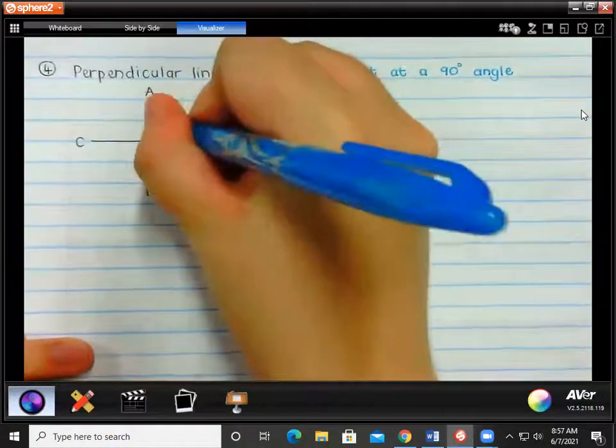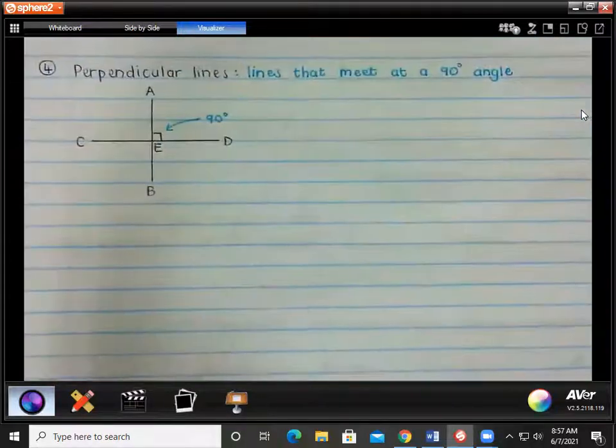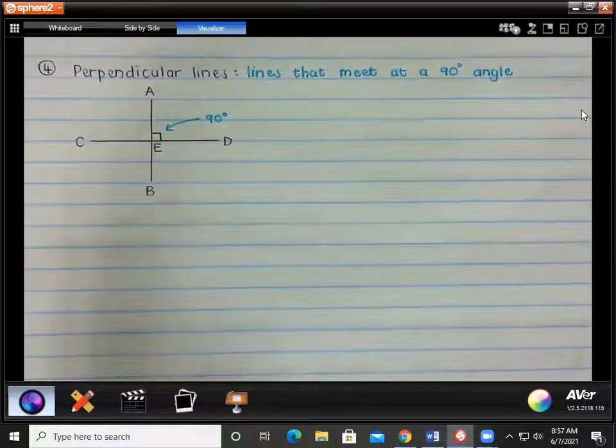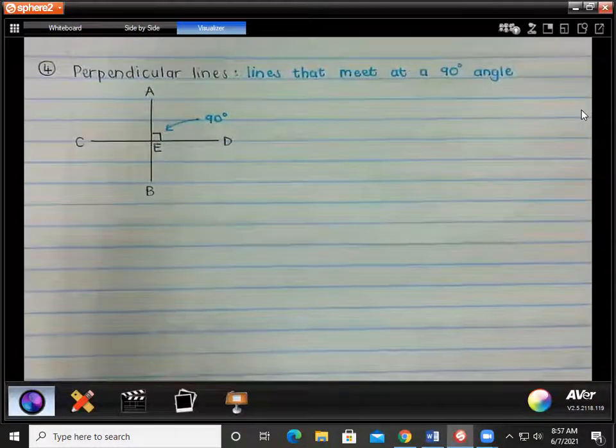Make an arrow there to that little square. So guys, they won't ever write 90 degrees in words, but they won't actually write down 90 degrees. They will always use this symbol. Okay. Now guys, something to look out for also when we're doing geometry is that they always say at the top of the paper or the top of the example or exercise that the diagrams are not drawn to scale,